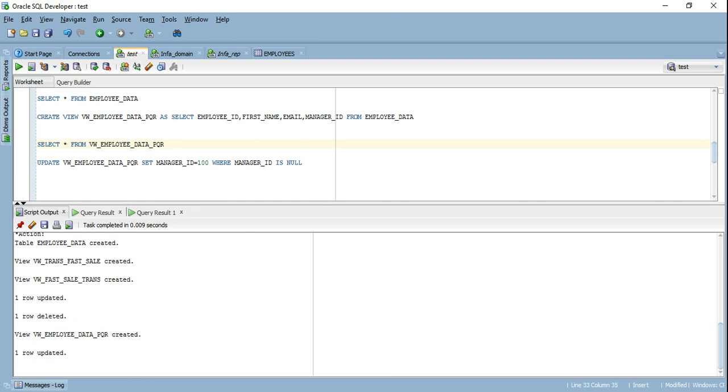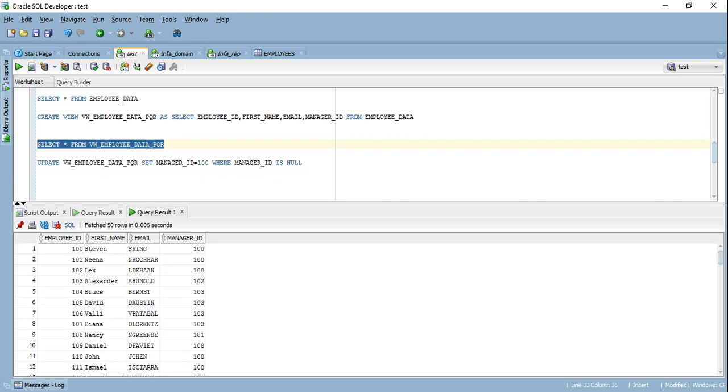Let's see if, for Steven, we see a manager now. We do see a manager, so he's reporting to himself now. Can we delete a row? Yes, we can go ahead and delete a row. Delete from this view where employee ID is equal to 105.